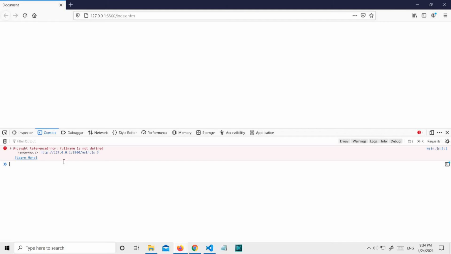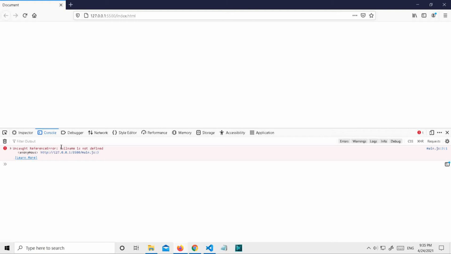Okay, so as you can see, we have an error here: uncaught reference error, full name is not defined, because the casing is different.